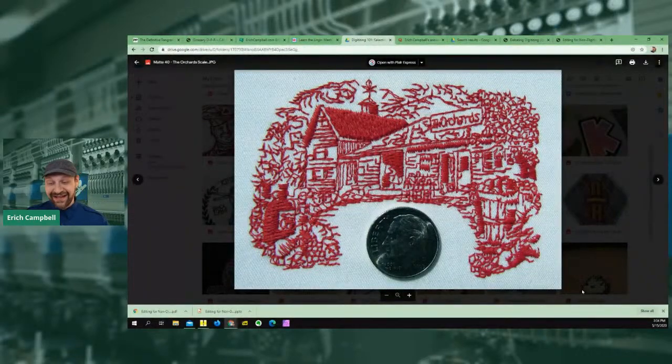And yes, that is a dime, and yes, that is the size of the piece. That was in 40 weight matte finish thread that actually runs much more like 50 weight. It's thin. This is one filament of thread. There are no thread breaks. There are no trims. There are no jumps or color stops. This is one filament of thread, or two really, because it's one piece of bobbin thread and one piece of